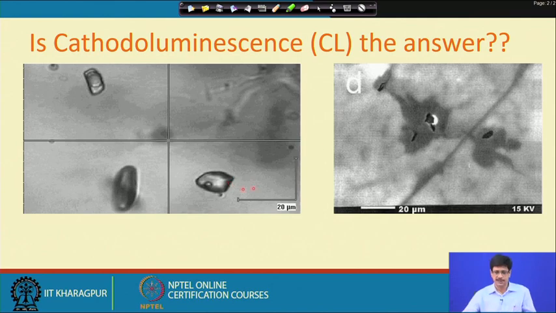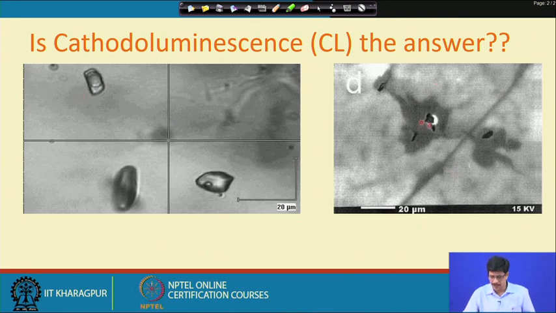I will just finish this discussion with a very specific case. Say, for example, this inclusion is a vapor carbonic inclusion which homogenizes into vapor. This inclusion is a carbonic liquid inclusion. If we look at the phase diagram of carbon dioxide, coexistence of liquid carbon dioxide and vapor carbon dioxide corresponds to a very low temperature situation in which neither any primary growth nor any recrystallization is expected. So, one would suspect that possibly these liquid carbonic inclusions were trapped early, and later on these vapor carbonic inclusions were trapped because of some recrystallization of the host mineral.